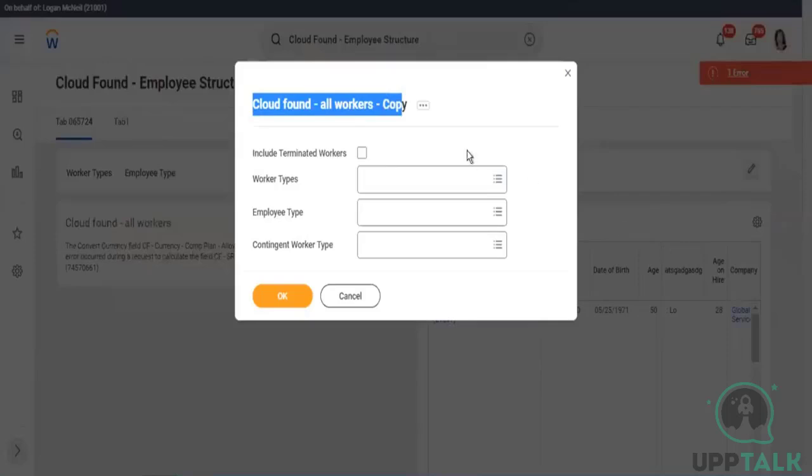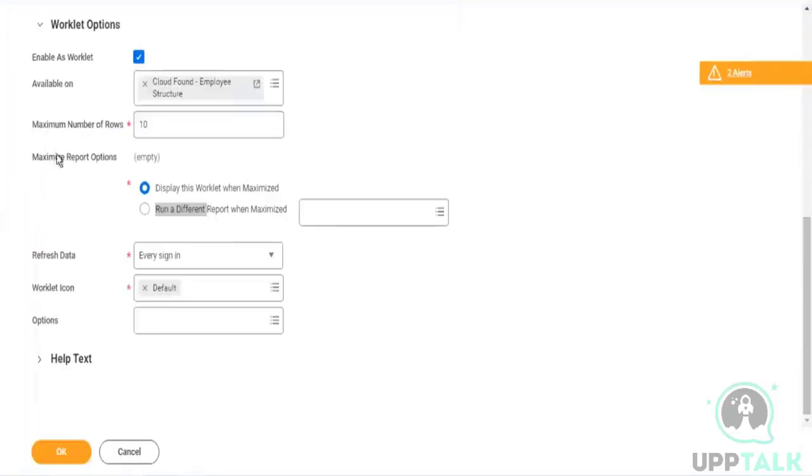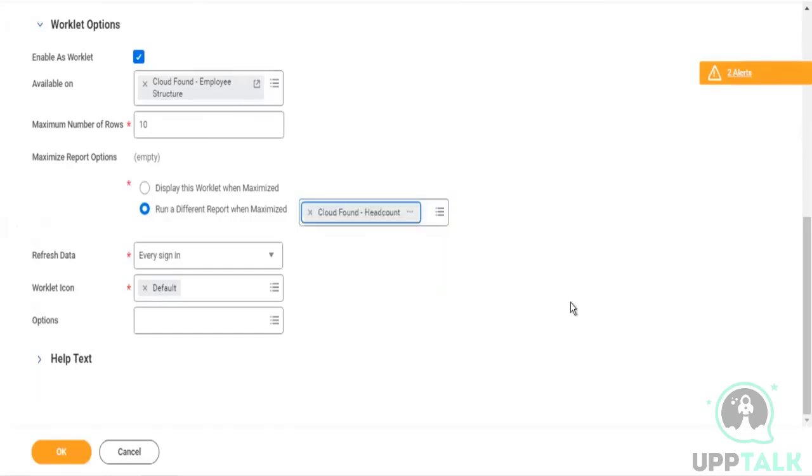So when we click here, it basically opens this very report. So basically what it says is, if you go ahead and maximize it, and now when I run it, it will run this same report on the full page, like I'm running a normal report. So instead of running this report, it's saying when you maximize it, don't run this report. I want instead a different report to run. So I can come here and say, instead of that, run, let's say, this report. And now when I run this,